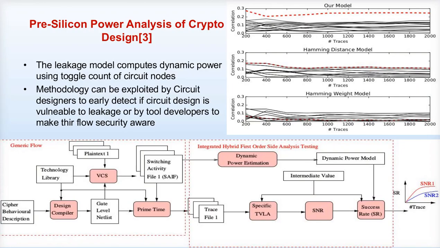Our next work is pre-silicon power analysis of crypto design. Basically, side channel analysis is carried out at the post silicon stage, and if such a design is found vulnerable, then it incurs heavy loss. So our leakage model computes dynamic power using toggle count of circuit nodes, and